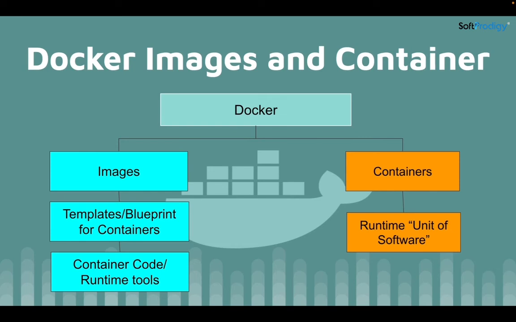So we can say it's just a blueprint, a template for containers, like your containers should contain these kinds of settings. We do all the settings, requirements, and dependencies in the images itself. The images contain the code for the containers. We have to code our application first, create the image from our code, and then run a container from that particular image.